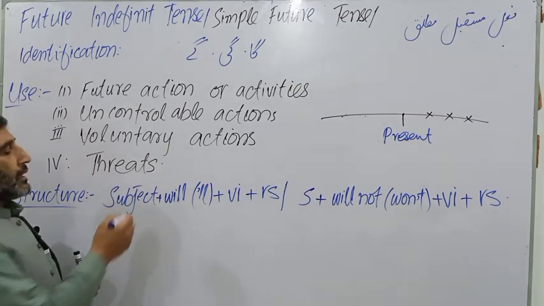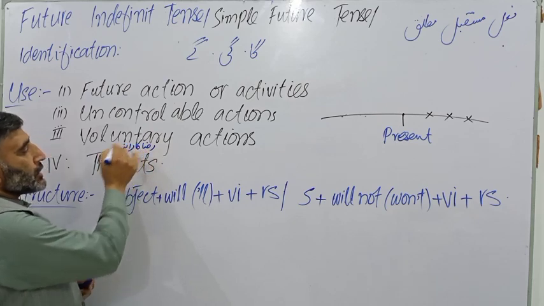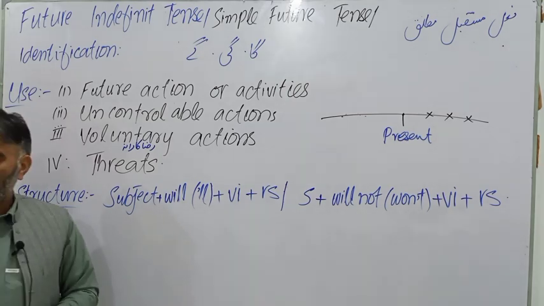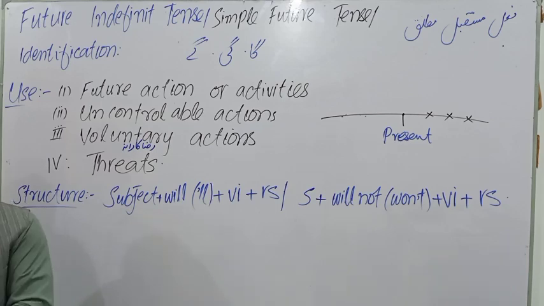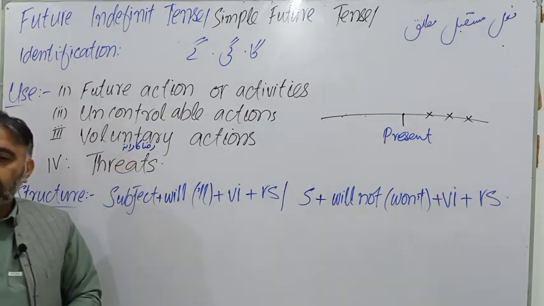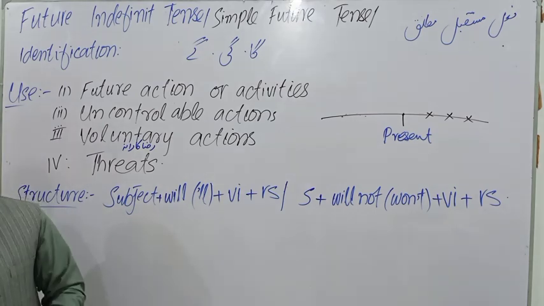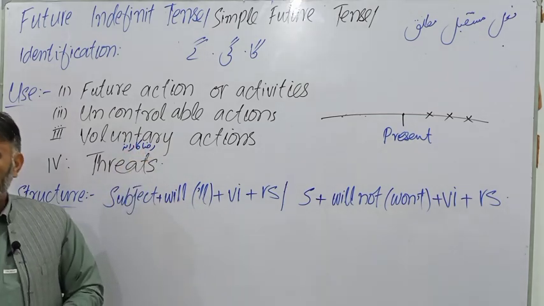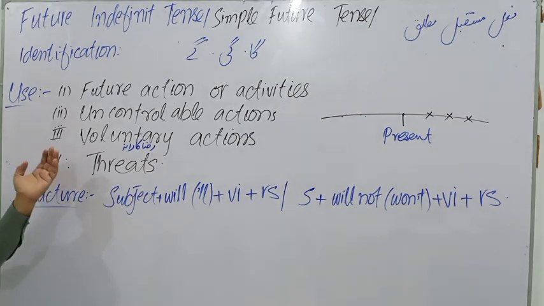Voluntary means रज़ाकाराना, ऐसे काम जो हम रज़ाकाराना तौर पर करते हैं। So for such action we use this tense as well. For example, if we say close the door, so one person, Hassan, says I'll close the door, I will close the door, मैं इसे बंद करूँगा। Or if I say bring me a glass of water, then Muhammad Umar says I will bring a glass of water. I'll bring means अपने रज़ाकाराना, अपनी मर्ज़ी, अपनी ख्वाहिश से मैं लाऊंगा।